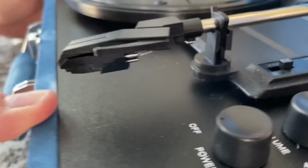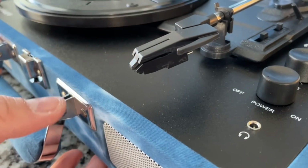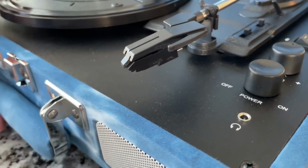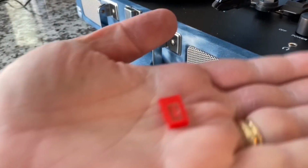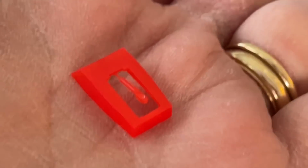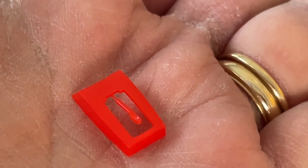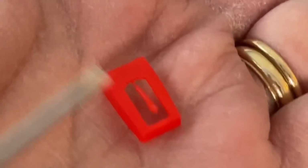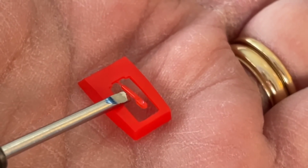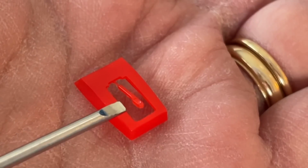So yeah, that's how you can replace these, by the way, although I've never needed to do that. We've done a show about how to do that, but you could technically do that. What I really want to show you though is the needle itself, which is in this housing. Now that red piece in the middle that sort of sticks out is called a cantilever. Sorry for my super dry skin. But yeah, this shaft is a cantilever, and this needs to move back and forth up and down as it